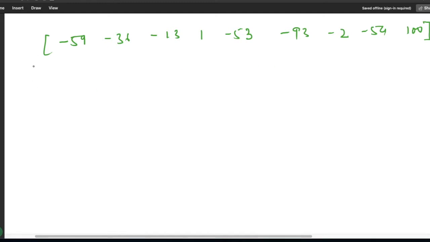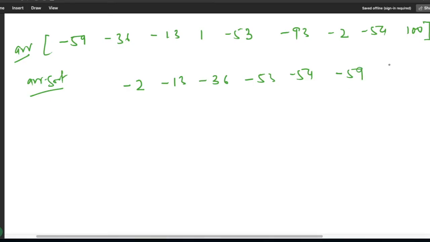The approach is, we will simply sort this array. This is because the minimum value will be present at its adjacent only. Let's see here, after sorting we will get, very first is -2, -13, -36, -53, -54, -59, and then 100.